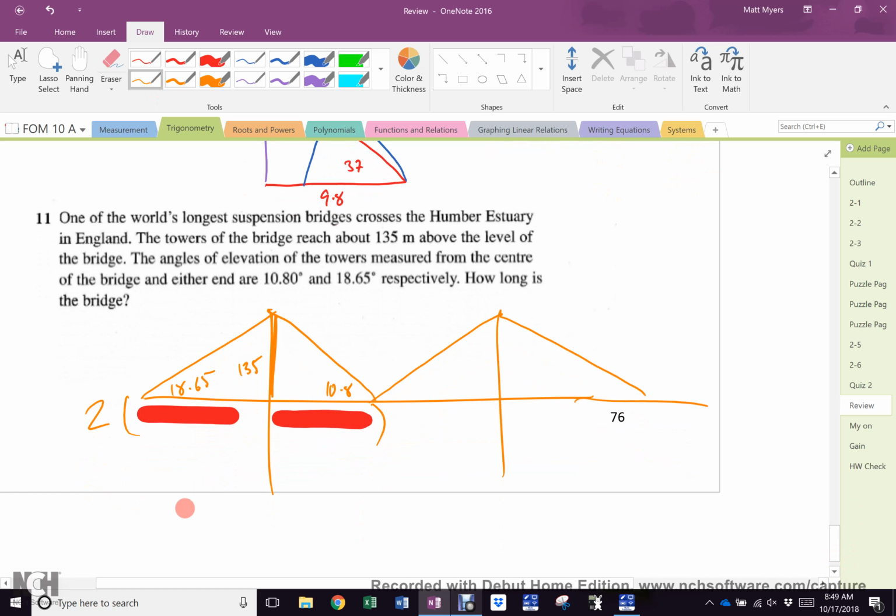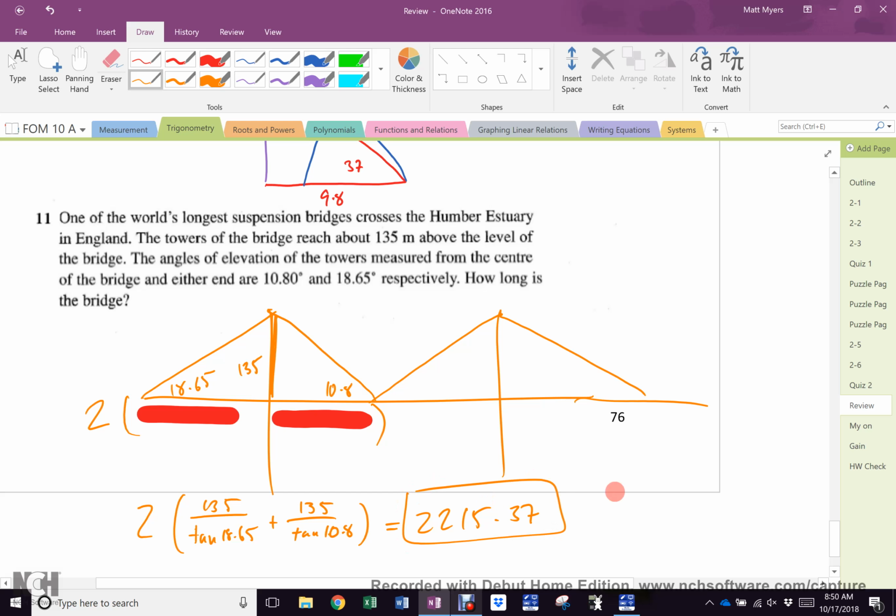No, I lie. I'm sorry. Opposite over adjacent. 135 divided by tan 18.65 plus 135 divided by tan 10.8, and all that multiplied by 2. 135 divided by tan 18.65 plus 135 divided by tan 10.8, close brackets, times 2 is 2215.37. And I'm going to call that out of